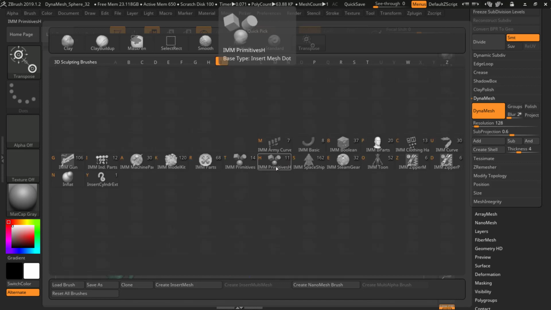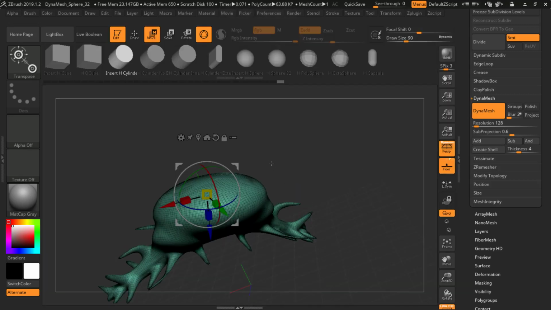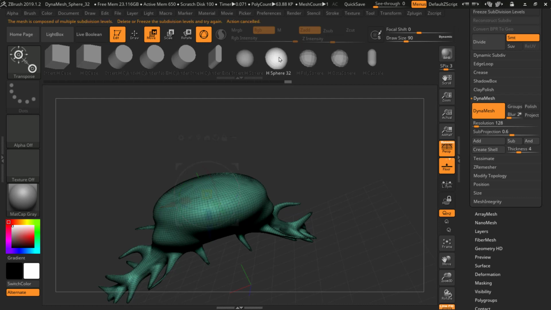Let's grab some spheres. Here are some primitives. Up here I can choose the thing that I want to insert: some rectangles, some spheres. How about that there? Insert sphere, and if I click and drag on the object,